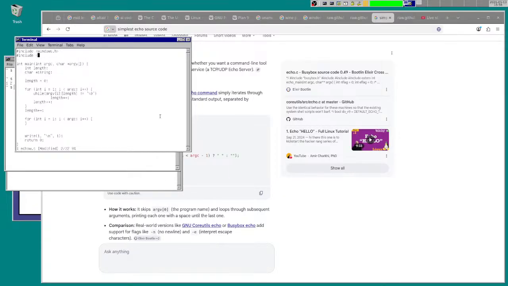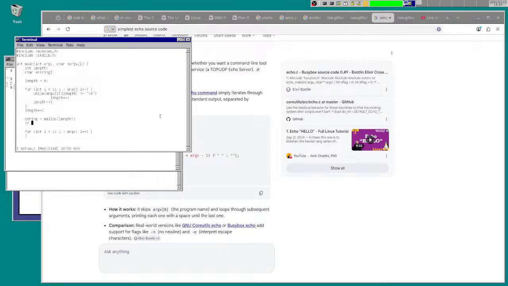I think I will need the standard library to use this. There's a function called malloc, the memory allocation function, and so I'm allocating length bytes of memory.